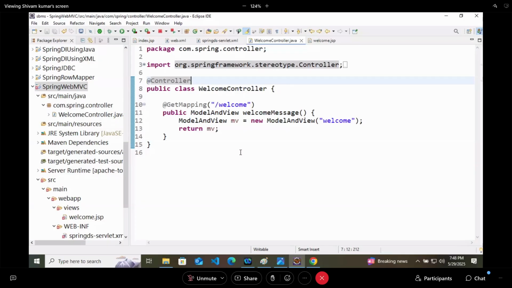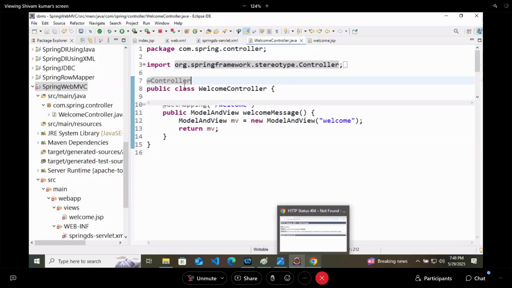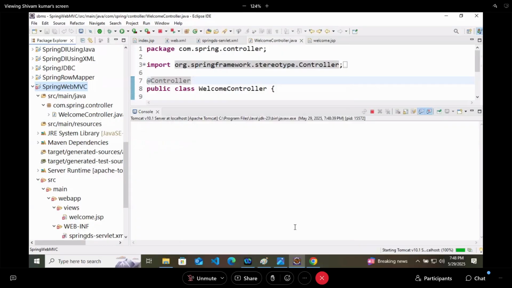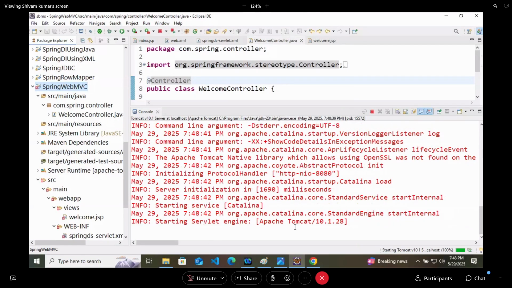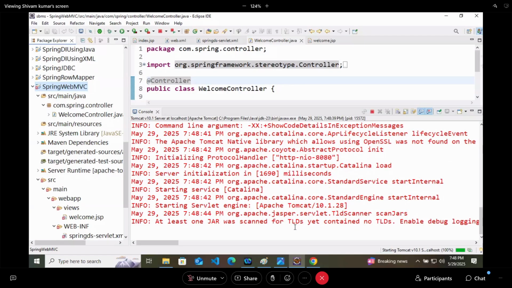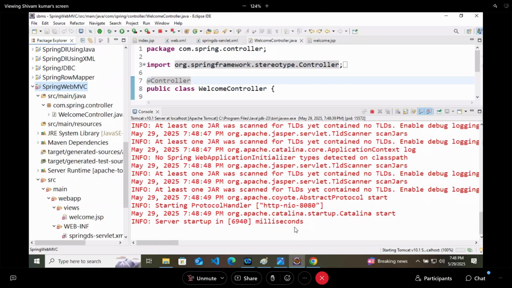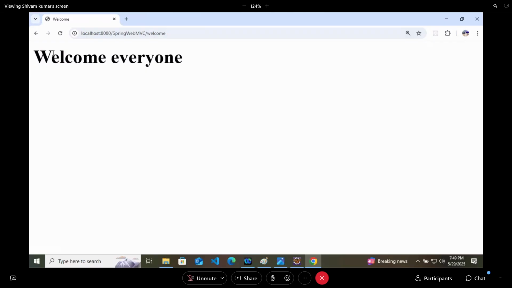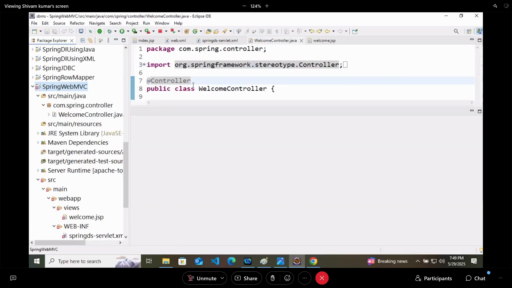So we will start the application now. And here we got the message that welcome everyone, because now we have the controller for it.